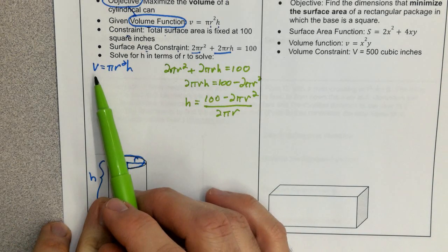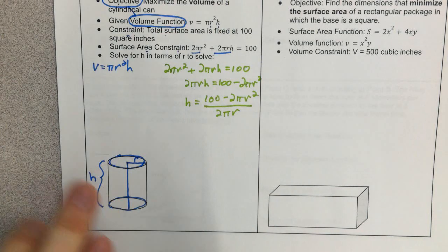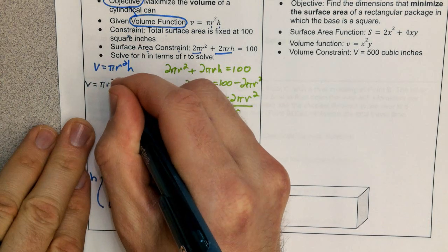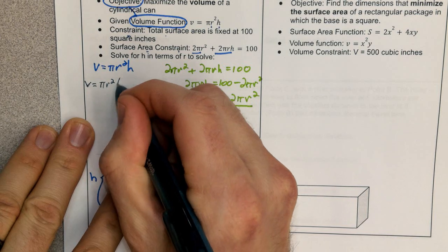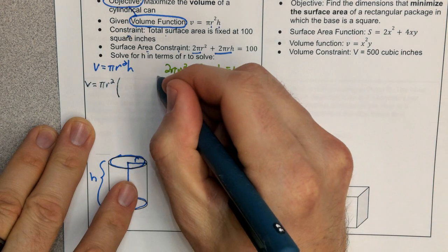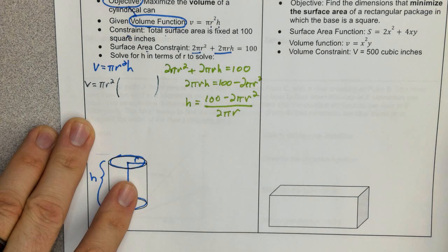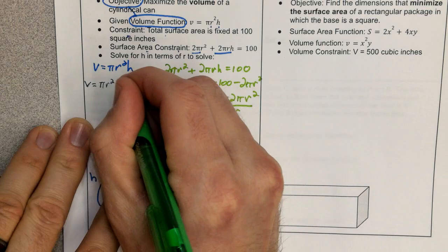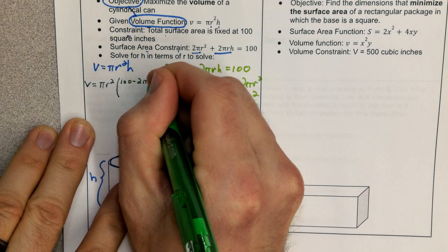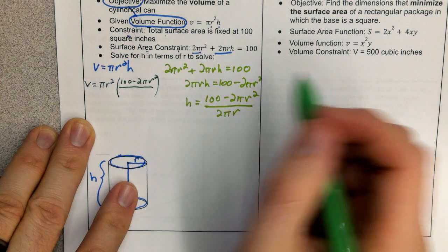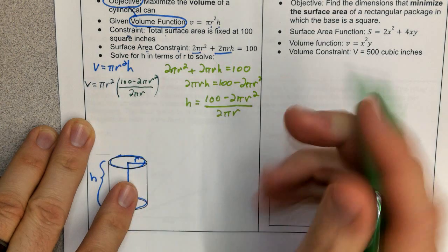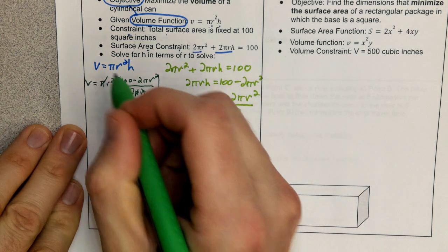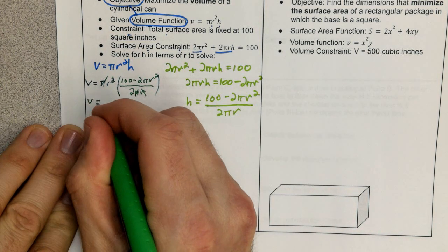All right, so now we're going to plug that in over here to our volume function. So we have v is equal to pi r squared, and this is going in place of h. So in place of h, we're going to put 100 minus 2 pi r squared, divided by 2 pi r. And then we're going to clean that up a little bit. So these pi's drop out here. One of the r's is going to drop out. So I get v is equal to,